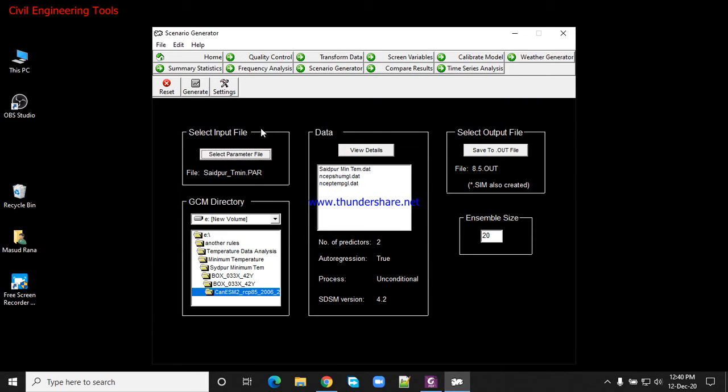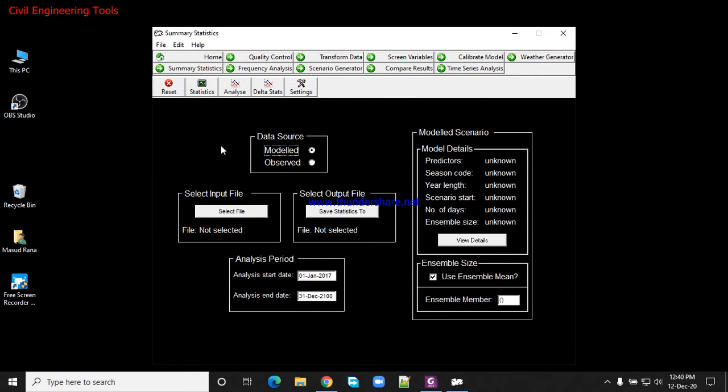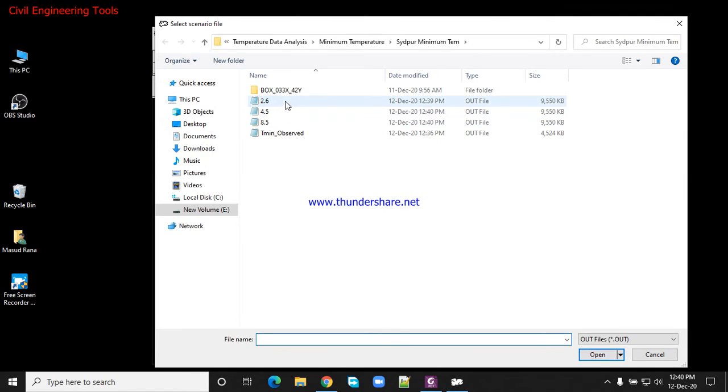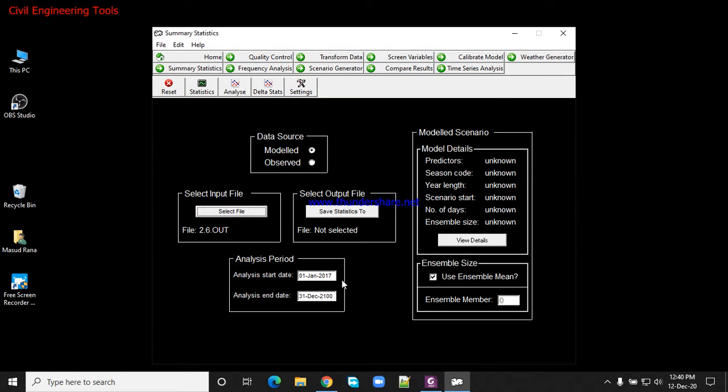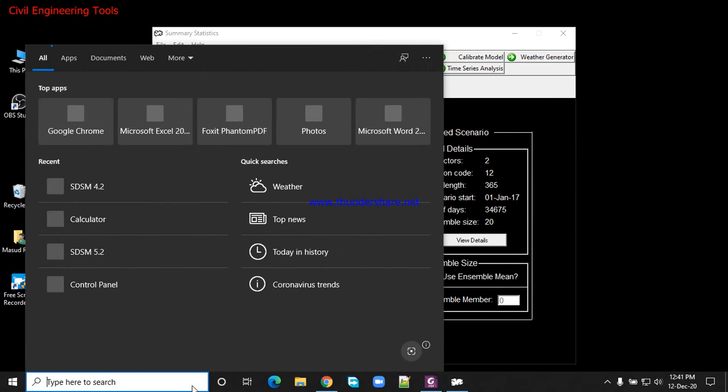Yes. Right. Now we go to summary statistics. Now 2.6, and this is the time for prediction. Yes, this is the time for prediction. Okay, I want to show